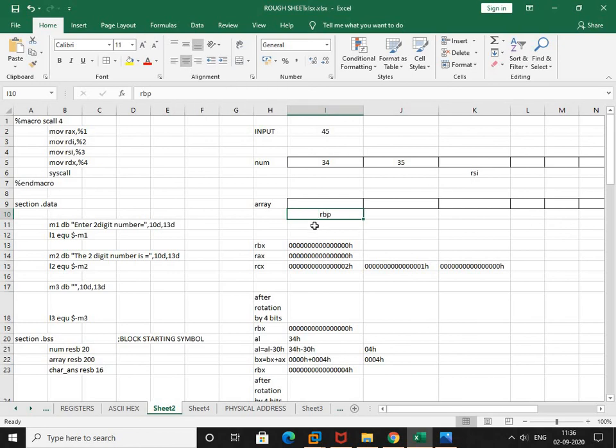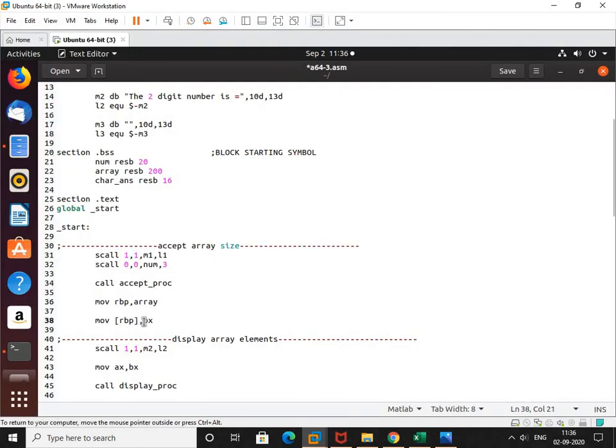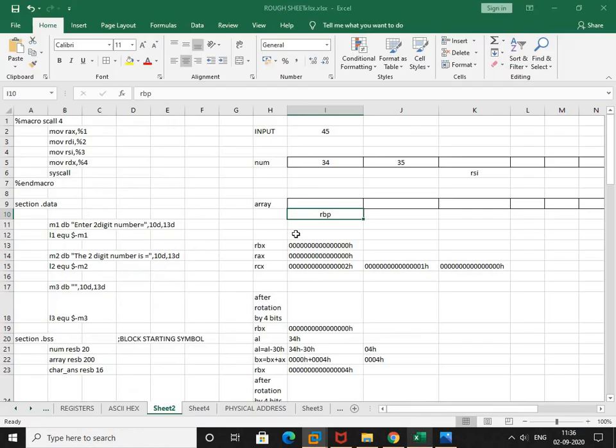So therefore I have taken RBP here, right? Now whatever BX value has been written, place it into RBP. So here 45H will be placed into RBP, right?